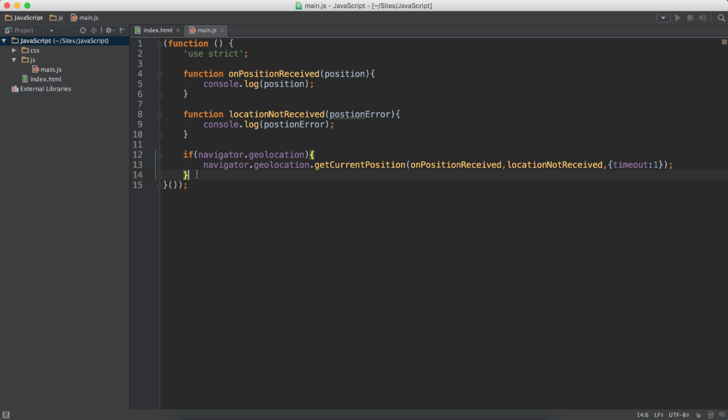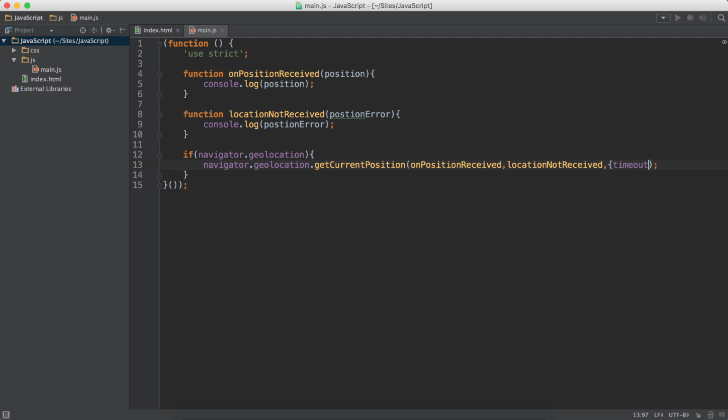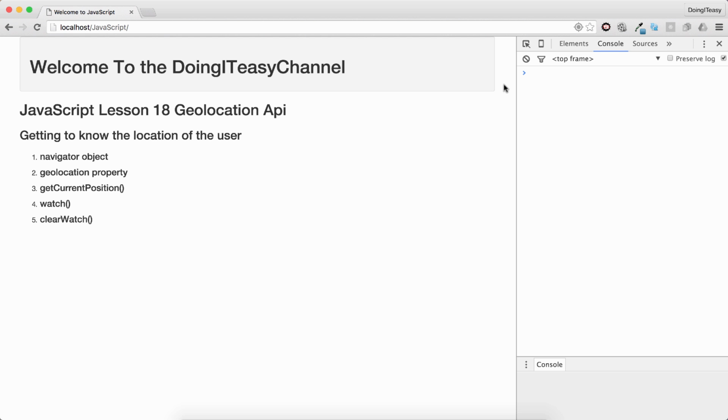Yes, so it needs more than 1 second. Anyways, locationNotReceived is the function for when you don't receive the location, the first parameter is for when you receive the location, and the third one is for the configuration object. Okay, now let's remove this configuration object and refresh again. Let's get the location,